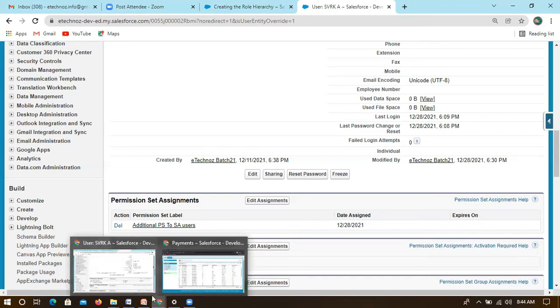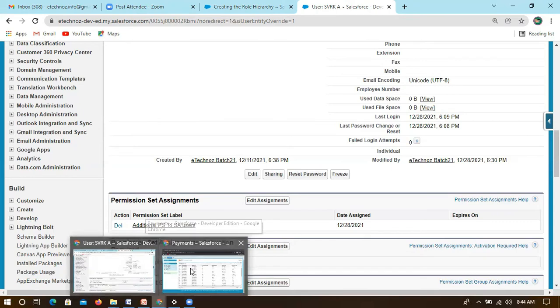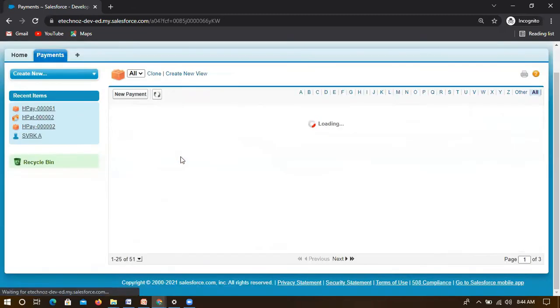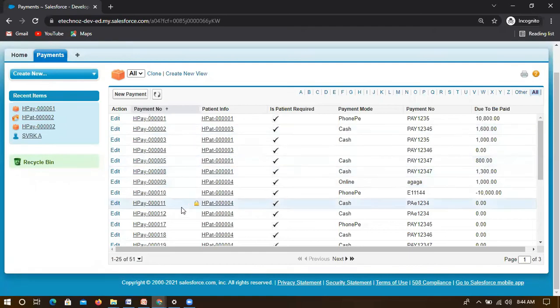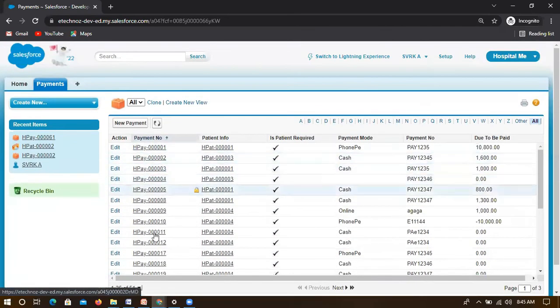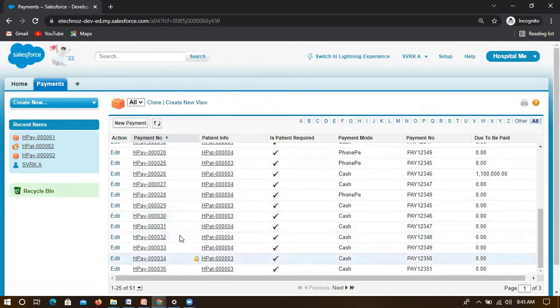Even if I put roles, it makes no difference to the user, because even now, without a role, he is able to see all the information, right? So first we have to control that. Then you can identify the exact behavior of roles. But right now we cannot identify it because he is able to see the entire data. First we have to control that. So how will we control that?